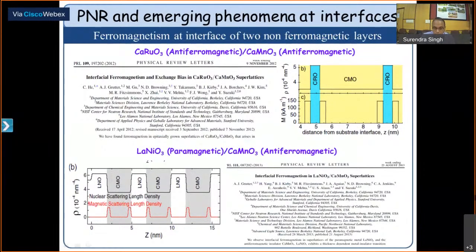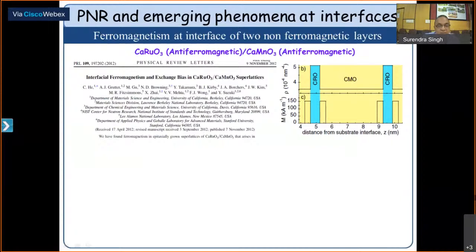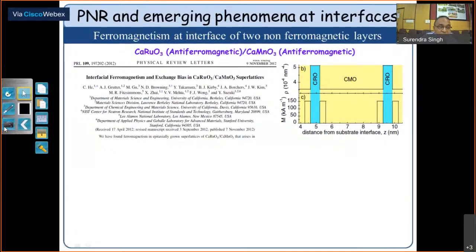So as I was saying, there are phenomena at the interfaces which cannot be explained without using polarized reflectivity. One of the systems in the literature I have shown over here. Okay, so this is a multi-layer of